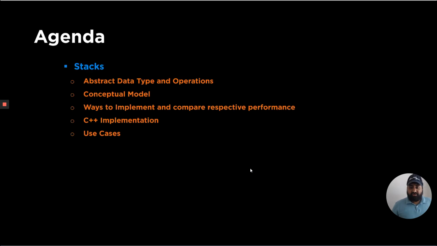So the agenda for today's lecture includes stacks, including the ADT behind stacks, as well as the operations that are supported by the stack ADT. We'll be discussing the conceptual model, how stack ADTs work. Finally, we are also going to see the ways to implement it in C++ and the use cases of where